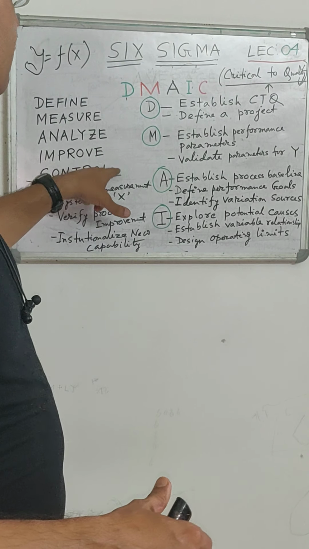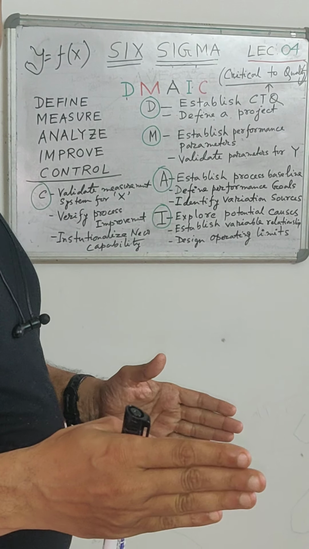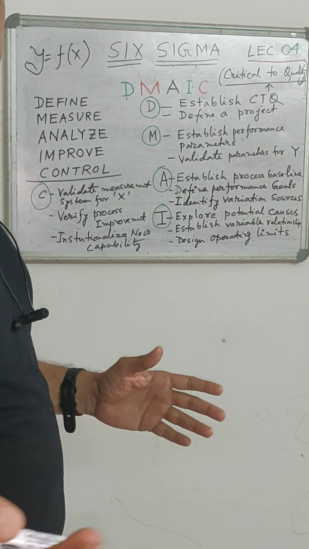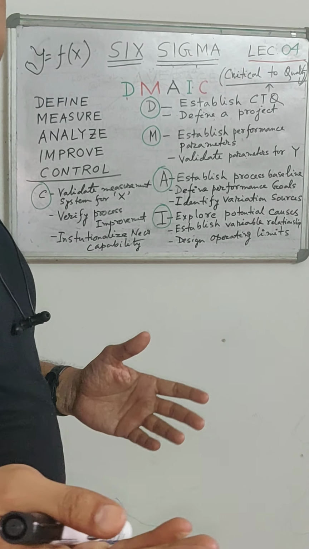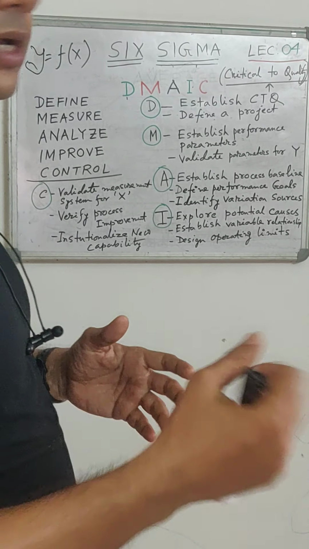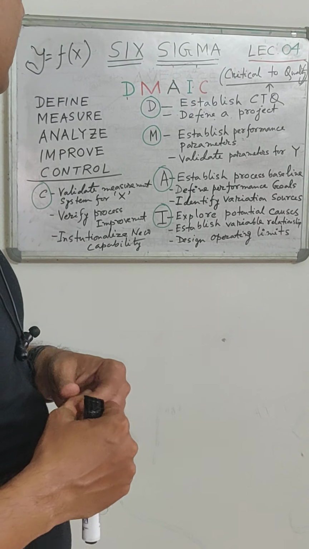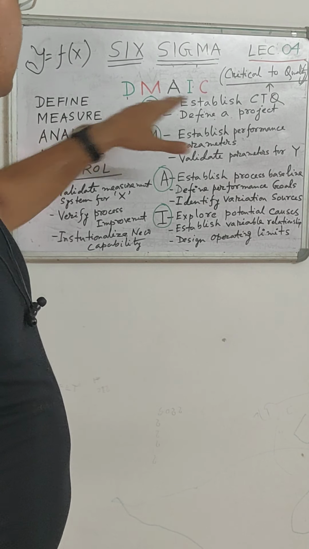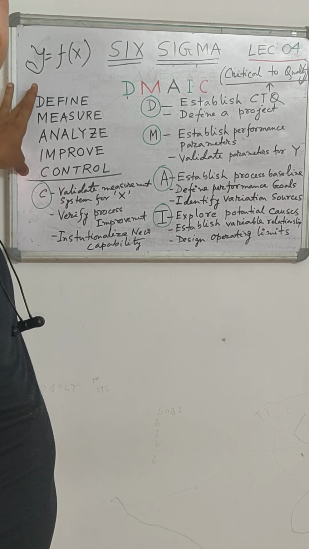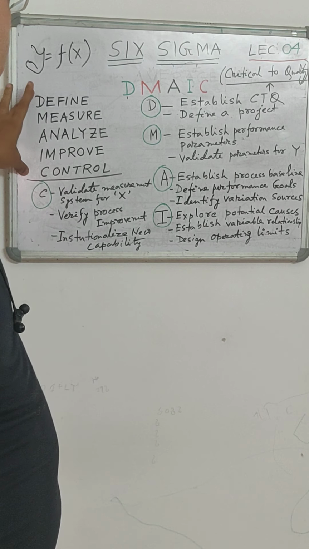define in our control phase, so that we get the final Six Sigma quality result, that is 3.4 defects in 1 million opportunities, as we have discussed in the last lecture. So DMAIC is nothing but define, measure, analyze, improve and control. This is our complete path to go through our Six Sigma process.